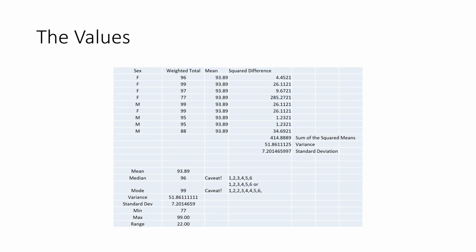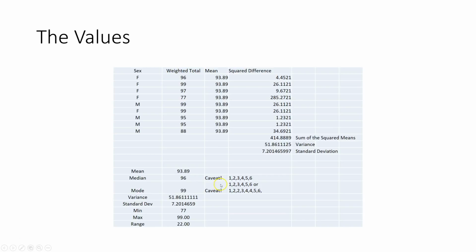Okay, let's talk about the values that you were asked to calculate. So you were given the two columns in the upper left, the gender and the weighted total. What you were asked to do first and foremost was to calculate the mean, and you can use the average function. The average function is going to get you to a point where you can calculate a mean of 93.89. You were also asked to calculate the median, which in this case is 96, and the mode, which in this